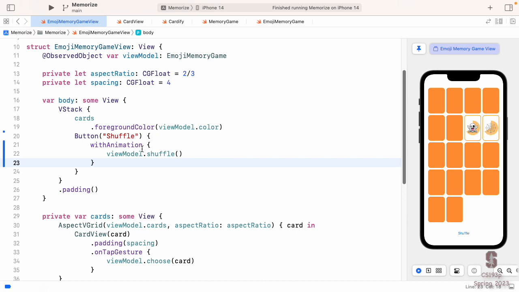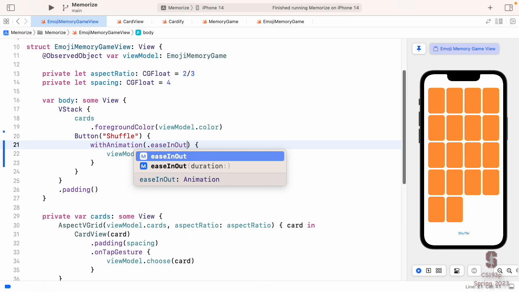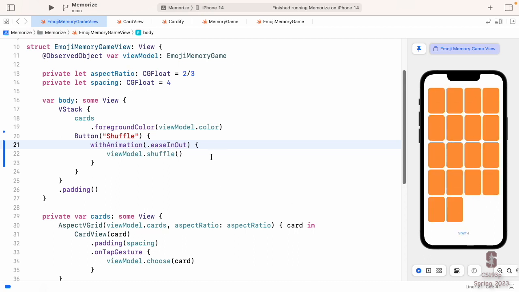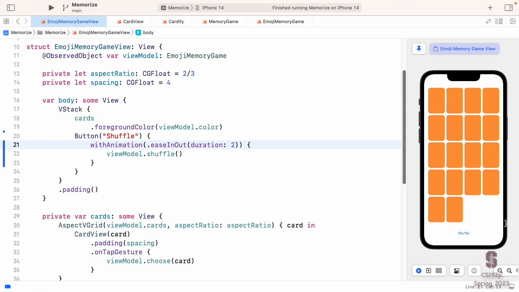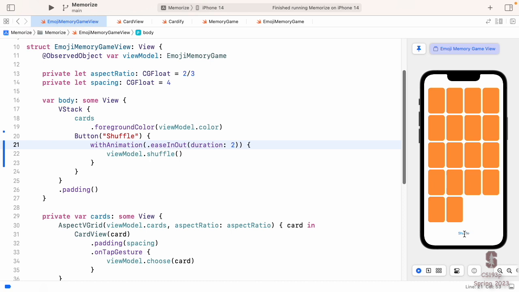And we can, of course, control the kind of animation we want here. So we know that ease in out is the default animation. That's what we've seen so far. We could also control the duration by making it be an ease in, ease out with 2. So watch this. And this, by the way, is a great way to debug your animation. I'm going to say this right off the bat. When you're doing your assignment 4, set your animations to take a long time, and then you'll really see what's happening. Is it really fading in? What's actually happening there?